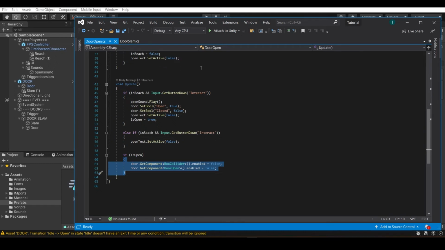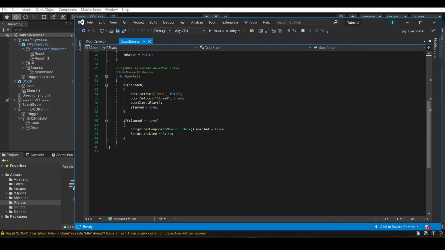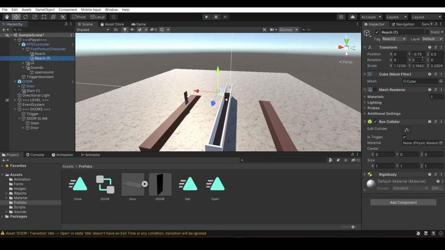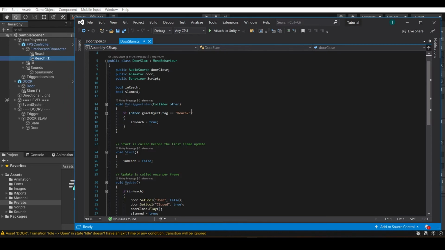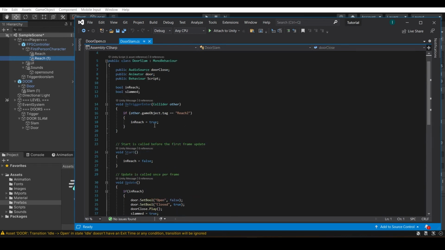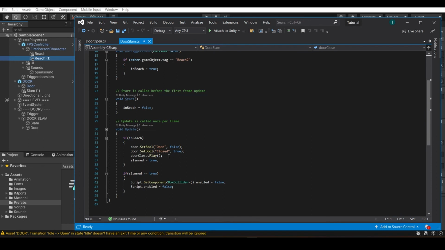Okay, that being said, we now have to move on to the door slam. As you can see, the thing is similar. Now I have used the reach 2. You can see I have tagged this reach 2, so I have used a reach 2 tag over here, and this one was reach 1, or just simple reach, and I made it reach true. And if in reach, then the door shuts. This is the animation for the door, and this is just the door shut sound. And if slammed is true, we also make the door trigger